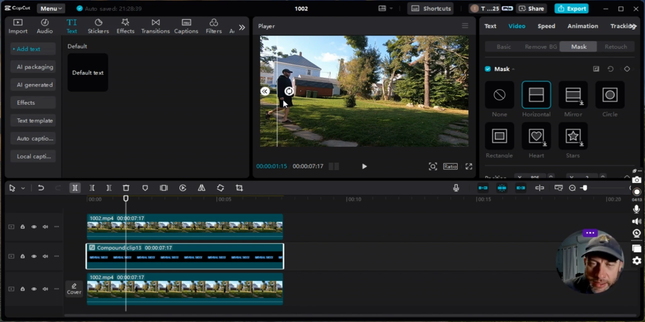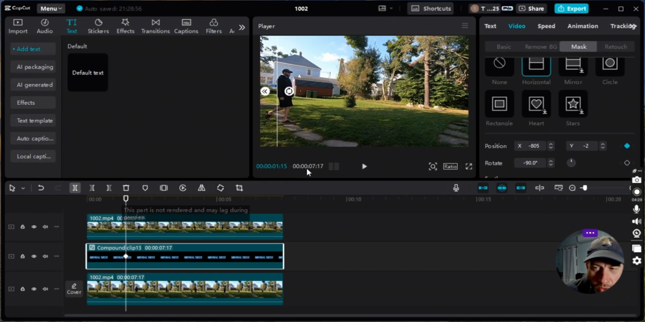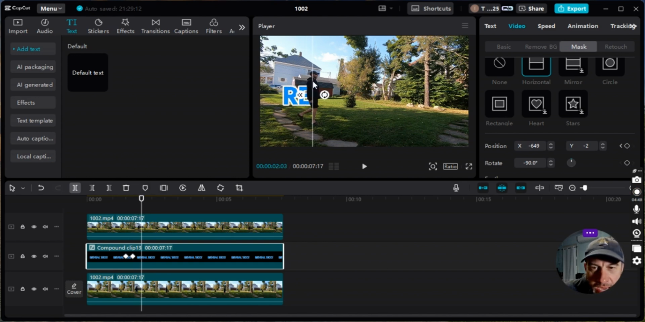And what I will do is underneath mask and horizontal, I'll scroll down to position, and then I will add a keyframe. And then what you will do is go over to your playhead here, you'll move it forward a little bit, and then you will move the mask forward into the body here. And then you move the playhead forward, and then you move the mask forward, and playhead, mask. So you repeat this process